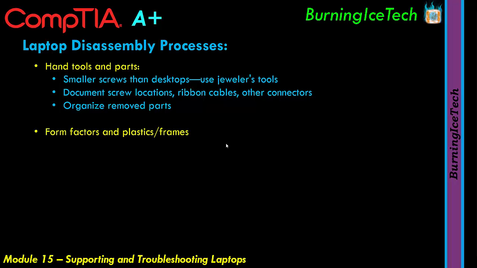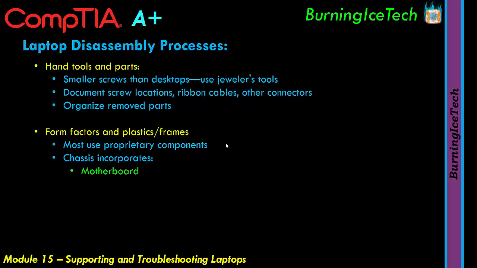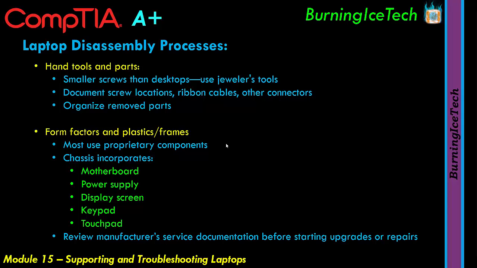Now, when it comes to form factors and plastic frames, most use proprietary components. And the chassis of a laptop, this is the actual laptop housing itself, normally consists of what? It consists of things like the motherboard, obviously, a power supply. Now, the power supply is not necessarily inside of the laptop unless we're referring to the battery. Display screen, which is obviously embedded in the bezel. A keypad, not the best one necessarily, but it's embedded. And a touchpad. Now, we're not going to say joystick because most laptops don't have those little joysticks we were